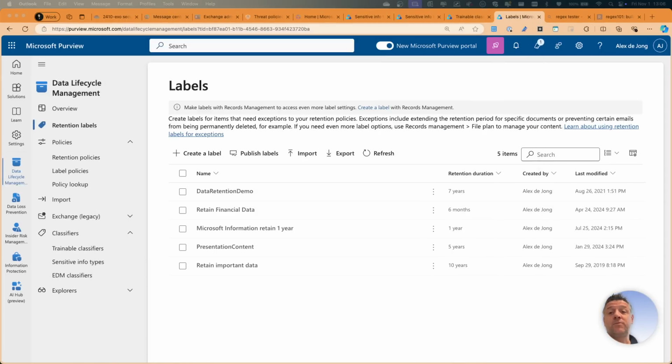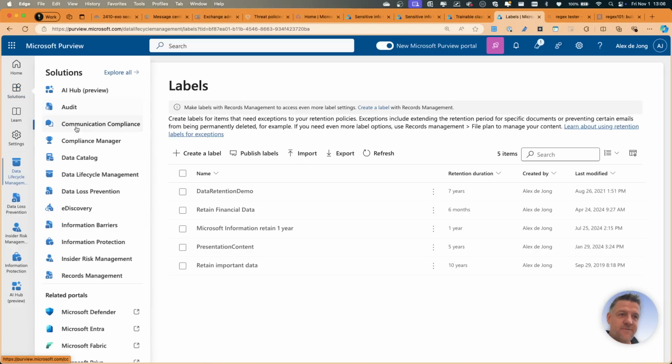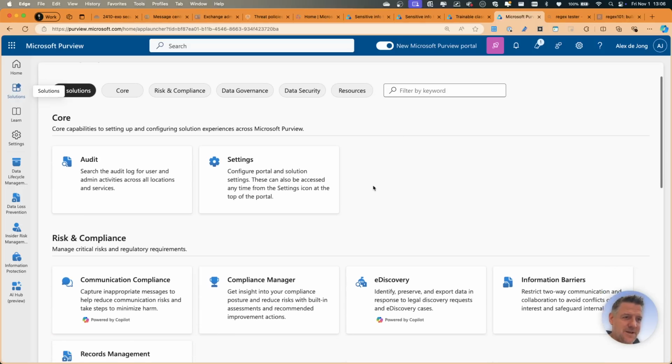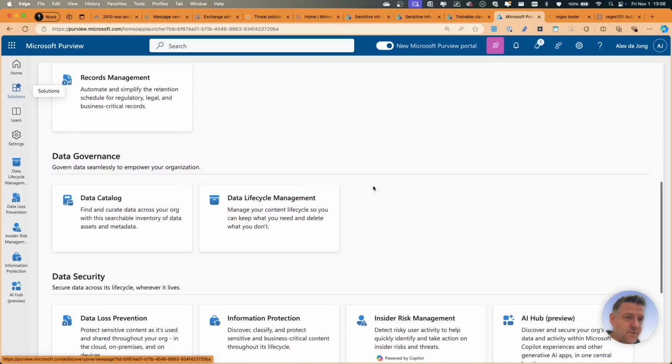If I delete this email, it's going to be deleted from my mailbox. I, as a user, can no longer see it. But if I go into Purview and use the search function, explore all functions, and then we are looking for